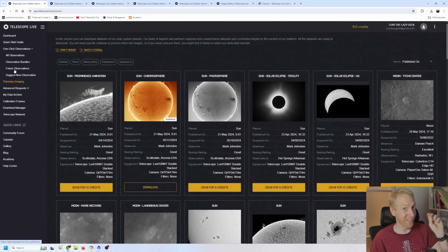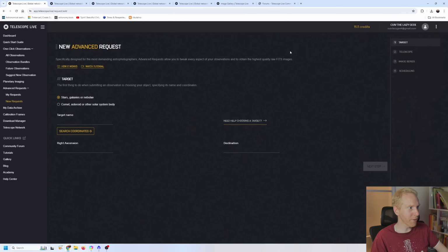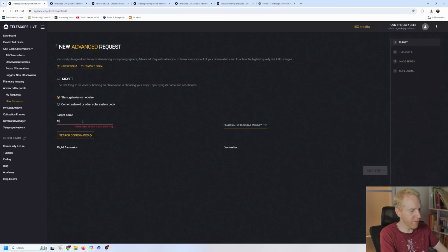And on that, as well as those one-click observations, we'll have a look at what it looks like in PixInsight. And then if you actually want to use Telescope Live as it restarted, as remote telescopes available for you, you can also go into advanced requests and you can create a new request to say, hey, it would be nice if we could